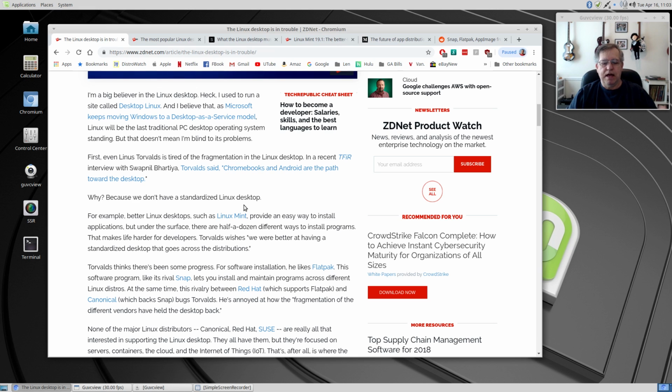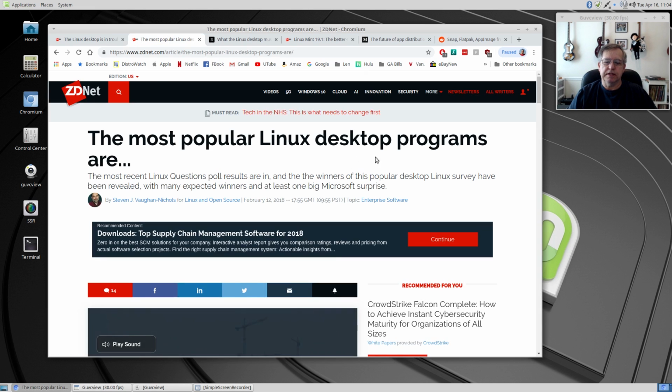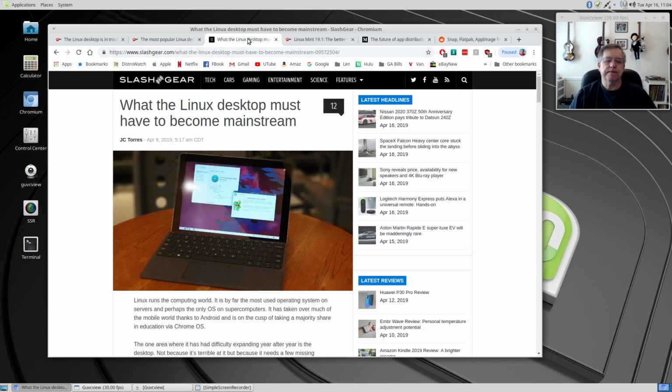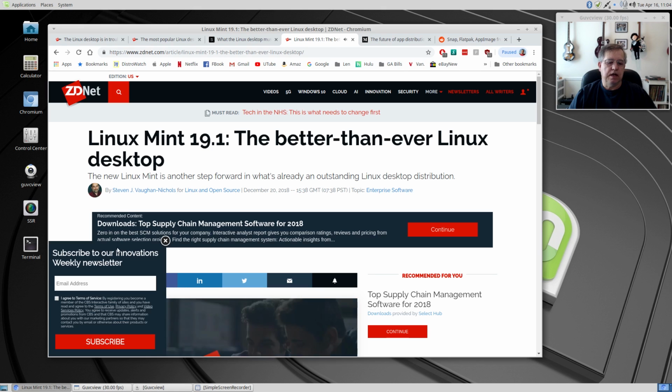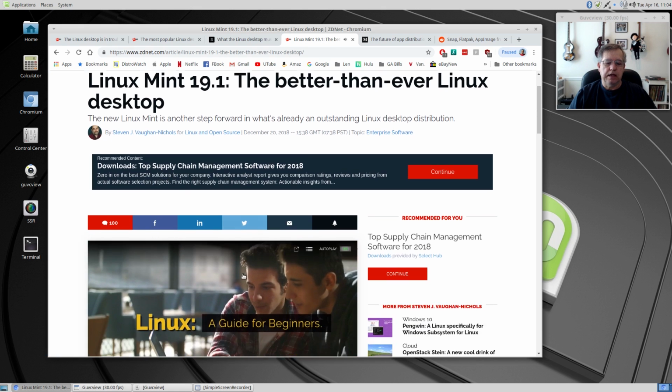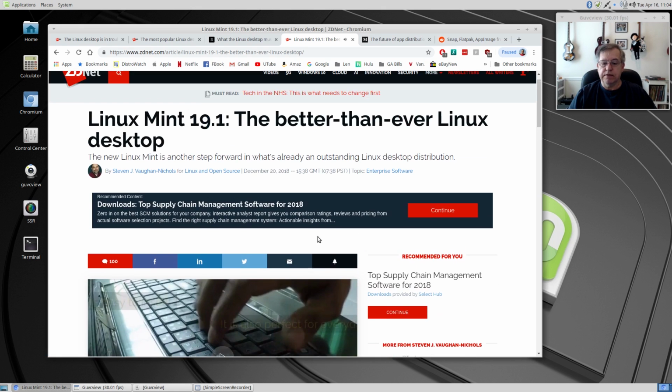There's lots of information. If you guys are interested, I'll post these links. The most popular Linux desktop programs, what the Linux desktop must have to become mainstream, a nice article on Linux Mint and